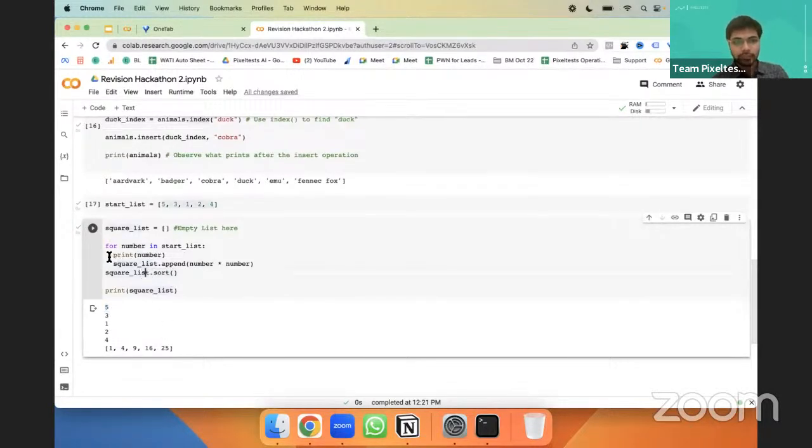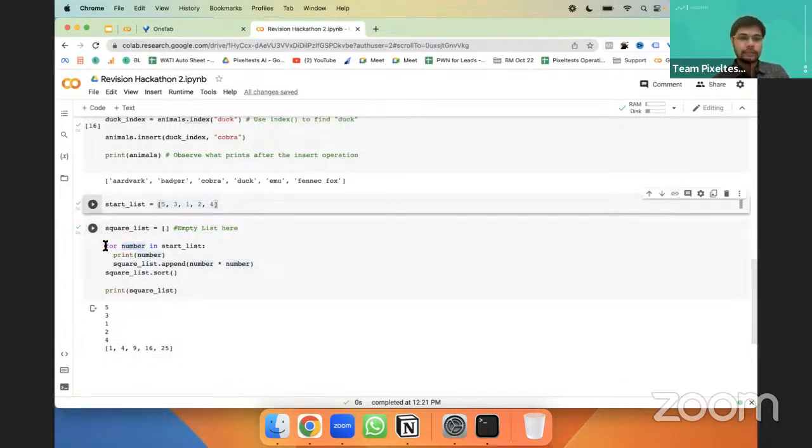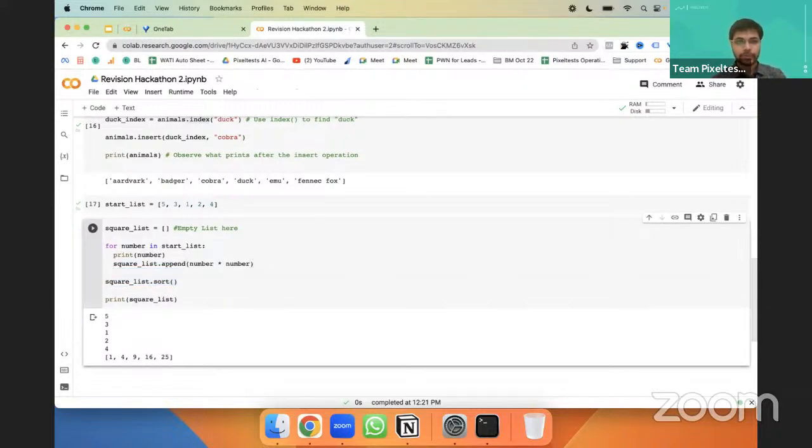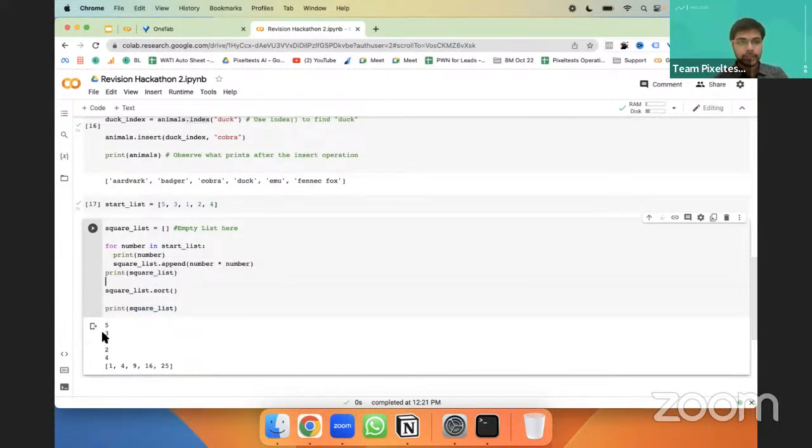When the loop ends, when the number of items in the list gets exhausted, once it reaches the end of that particular list, the for loop exits, and then we print the sorted order of that list. If I print before sorting, it will be in the same order: 5 square will be 25, 9, 1, 4, and 16. Let us try running that.